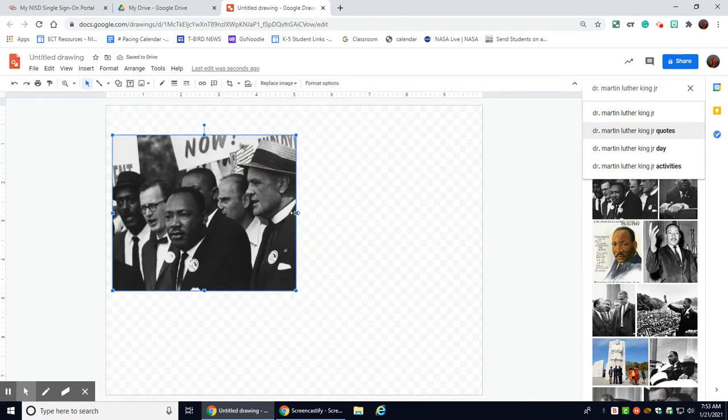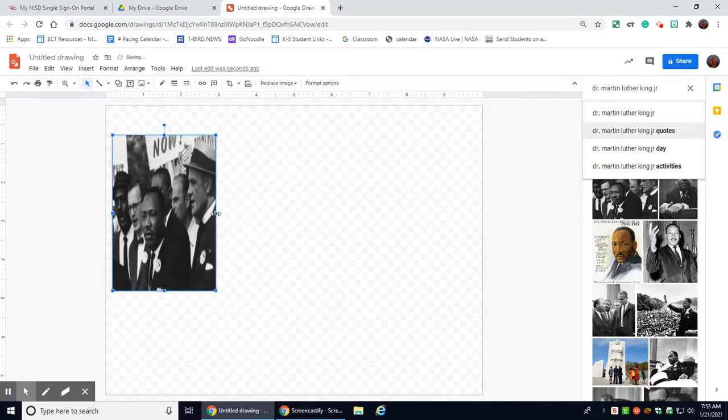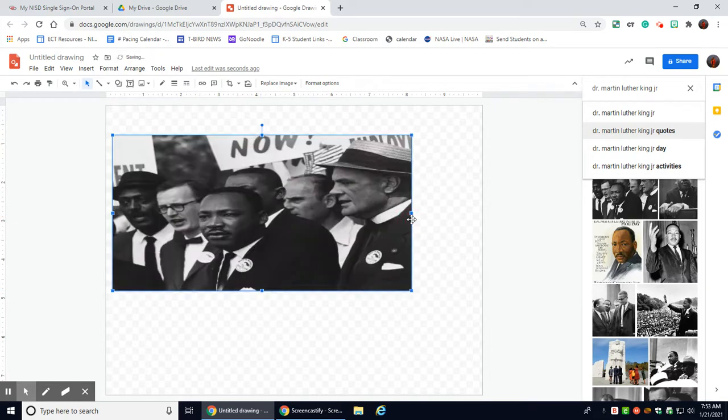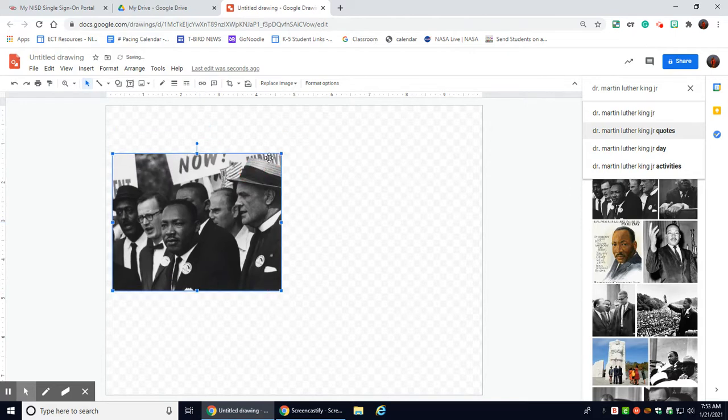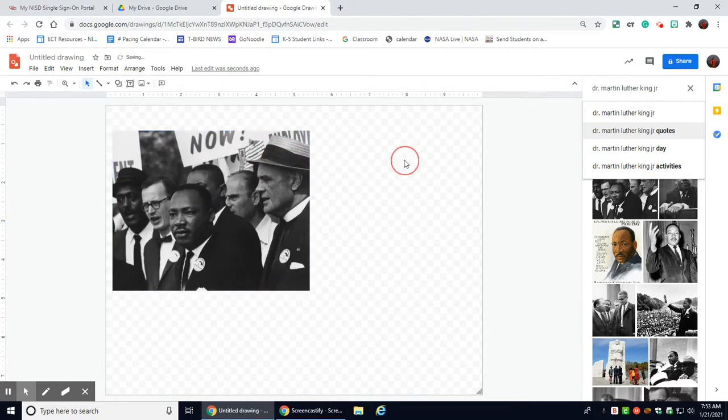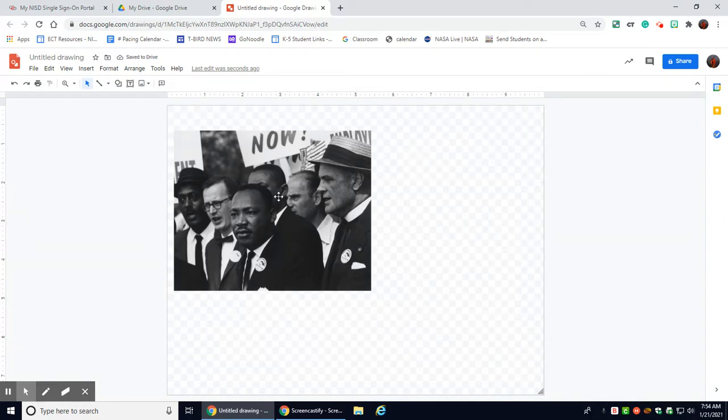If you use these side boxes here, you're either going to shrink or stretch the picture, okay? So this is kind of shrunk, and then this would be like stretched out. So if you're wanting to keep the ratio even, you'd probably like to use these top corner icons here. So now I have some space here so that I can now create